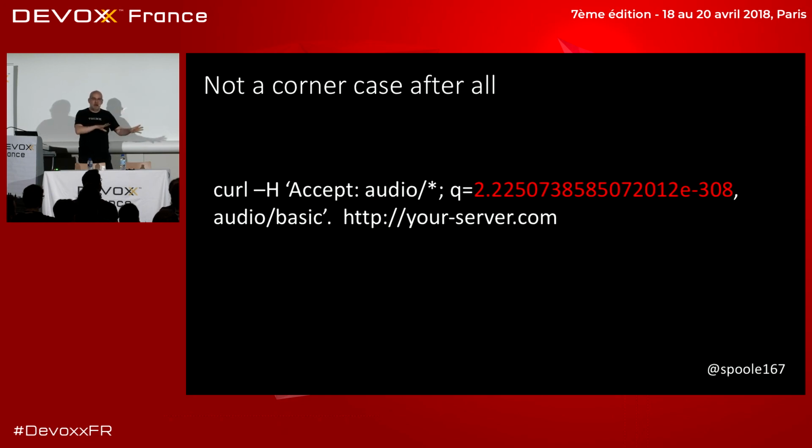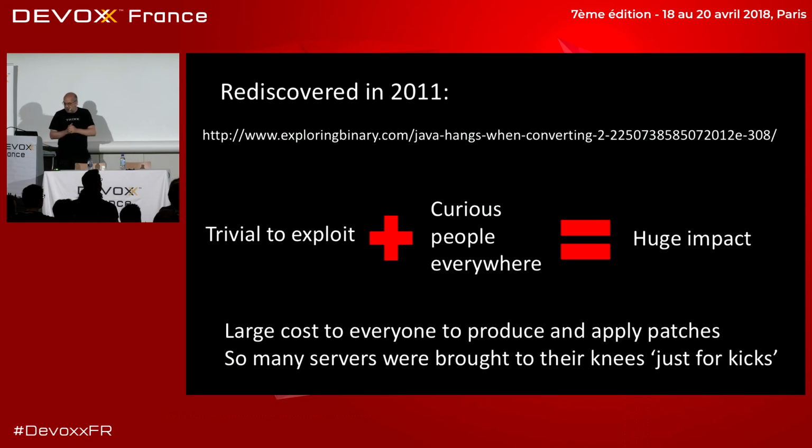If you were running Java and you had that bug, and they did this to your server, your thread would hang. And they do it again and again and again until your system stopped, right? You can read all about this in detail at the URL, and I'll put the slides up afterwards. Basically, it's incredibly easy to exploit.